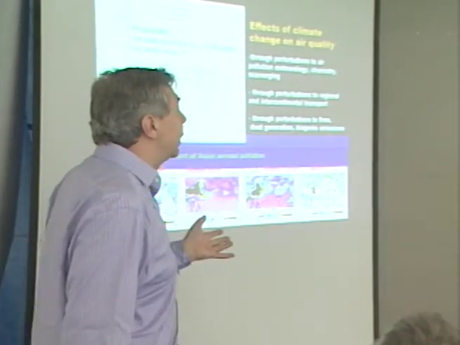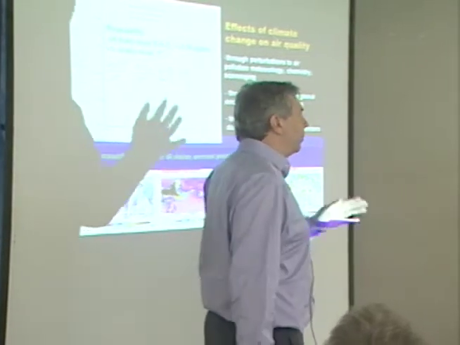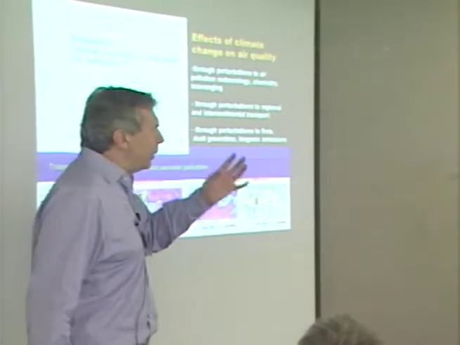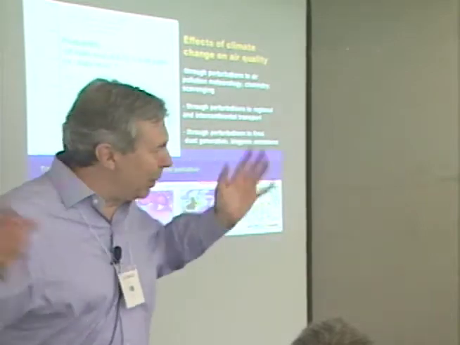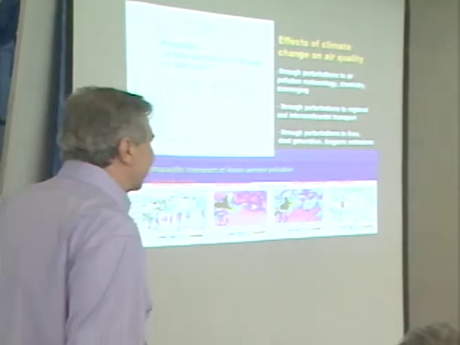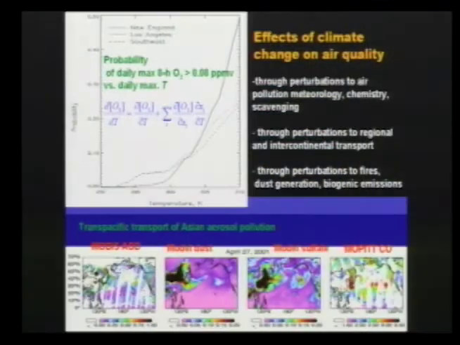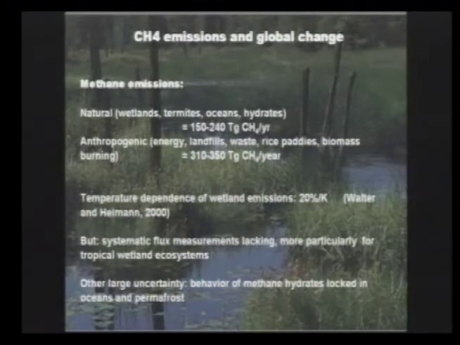There are other aspects. For example, the productivity of crops will be reduced, and some people calculate that one ppb costs so many million in California. I don't know the numbers, but some people do that. But generally speaking, what you see is that the probability of daily ozone pollution increases dramatically with temperature, and that has to do, of course, with chemistry, but also perturbation in transport. A number of people are looking at this more importantly.